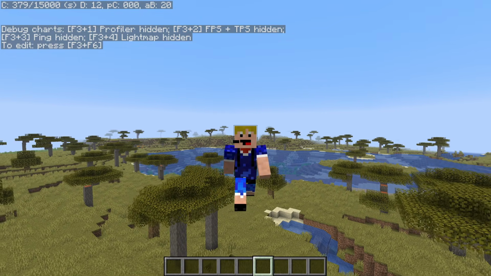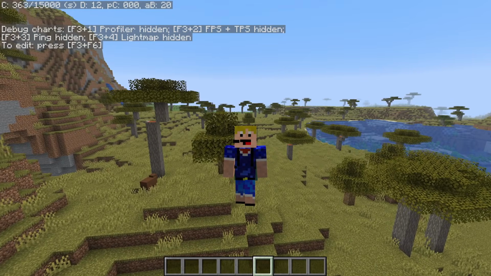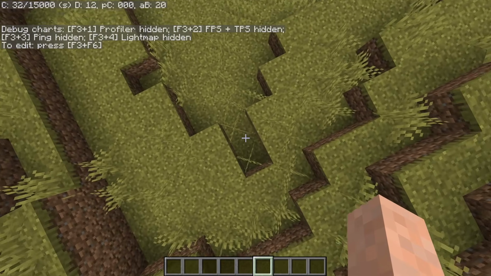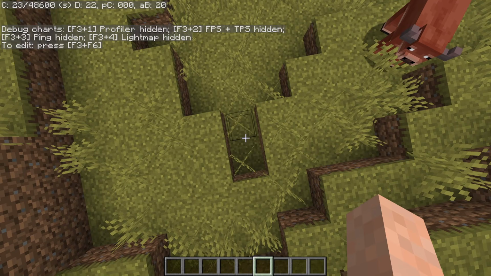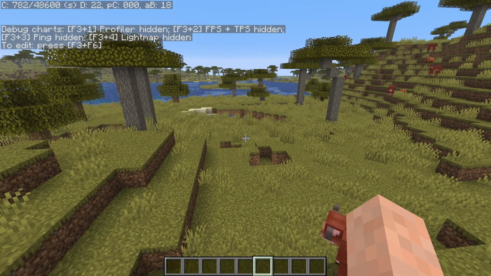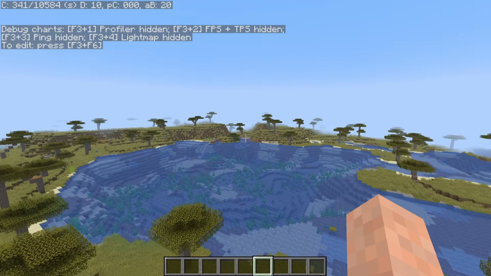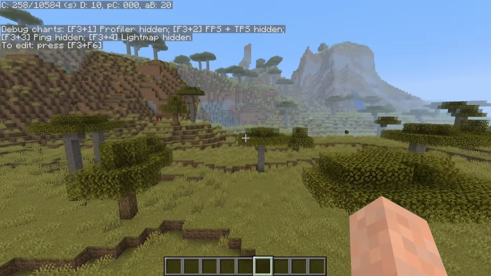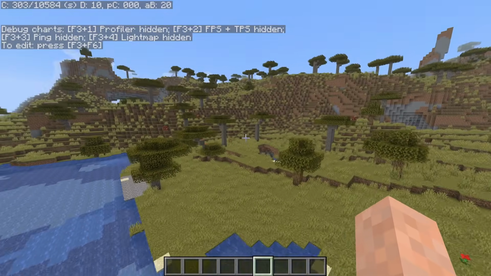Here C is the number of chunks rendered over the total number of chunks in the loaded area. So currently we are seeing 363 out of 15,000 chunks that are loaded. And for example, if we look down, then less chunks are shown on our screen, so that first number is smaller. And if we change our render distance, then you can see that the second number gets larger. D is the effective client-side render distance, so I've just set that to 10 chunks. PC is the number of pending chunks to be batched. And AB is the number of available buffers to use in the batching process, so that's also just for chunk